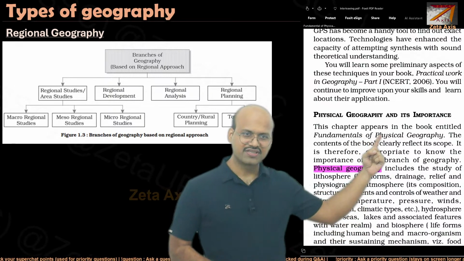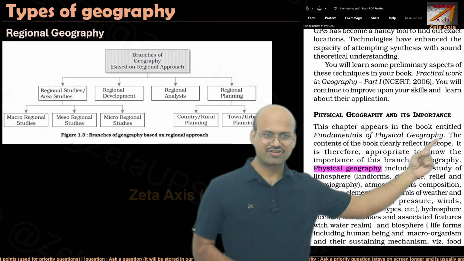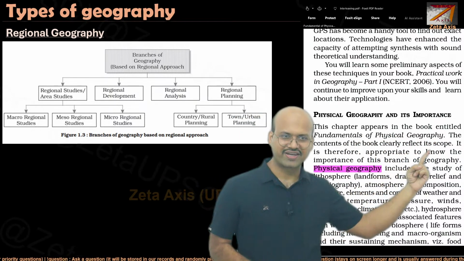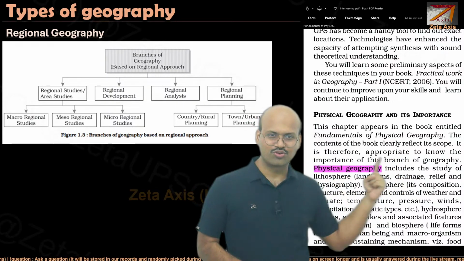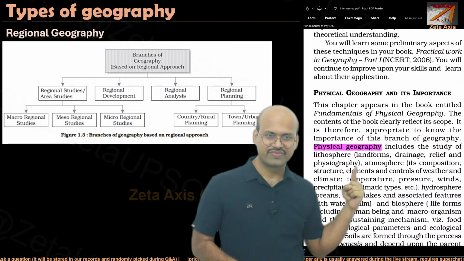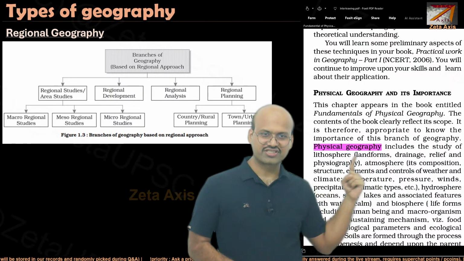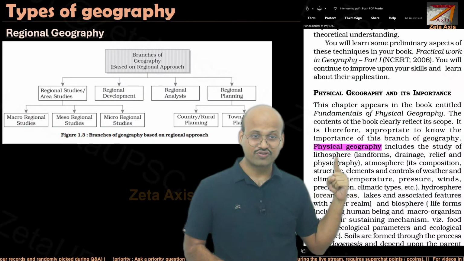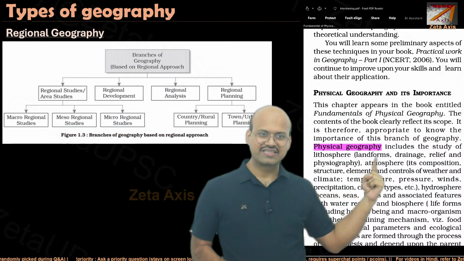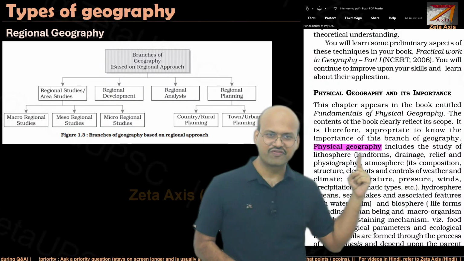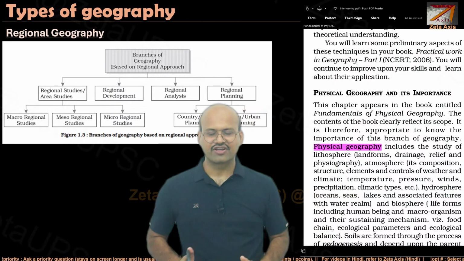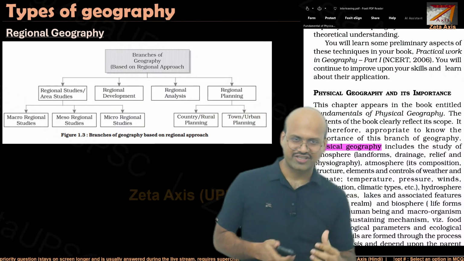This chapter appears in the book entitled Fundamentals of Physical Geography. The contents of the book clearly reflect its scope. It is therefore appropriate to know the importance of this branch of geography. Physical geography includes the study of the lithosphere. What is the lithosphere? Lithosphere is landforms, drainage, relief, and physiography. To have an exact understanding of what the lithosphere is,